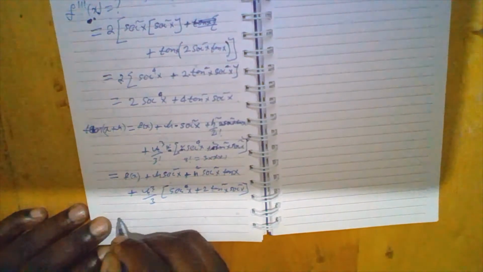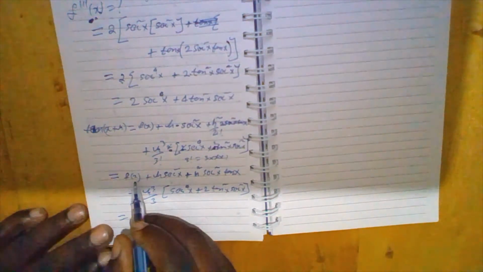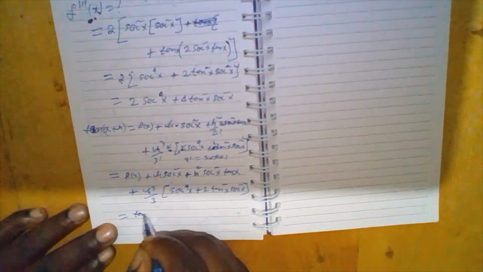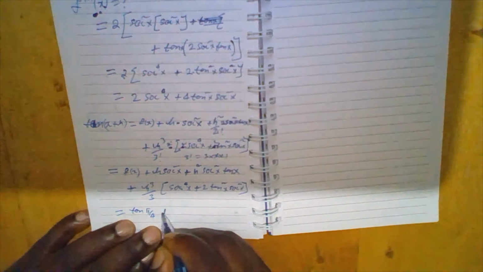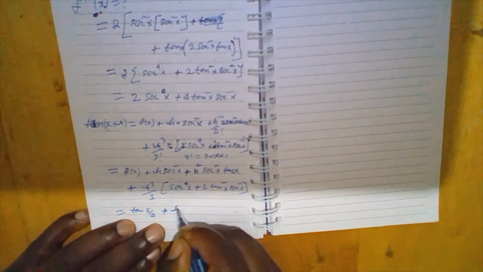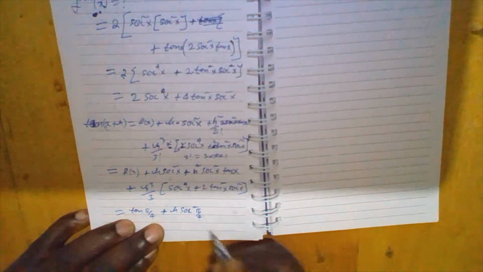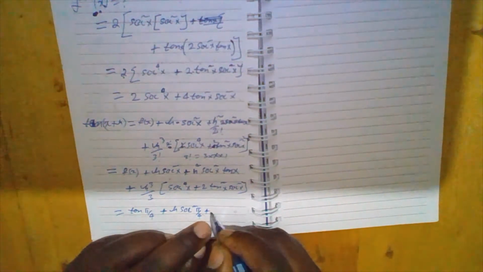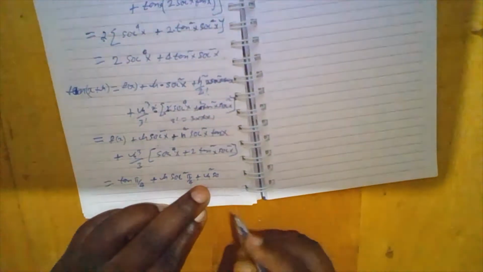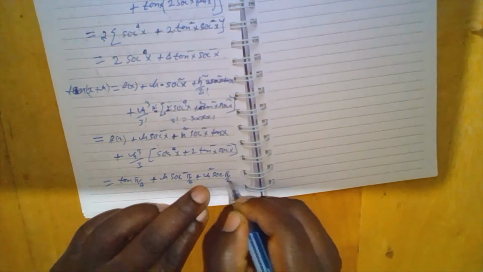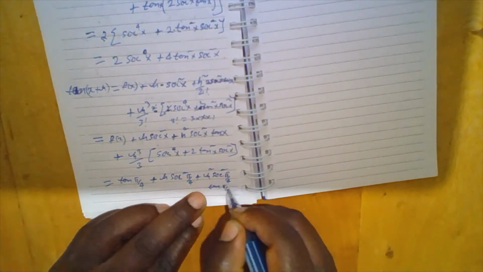Therefore, f of x is now tan pi over 4 plus h sec pi over 4 squared plus h squared sec pi over 4 squared, it's continuation here, tan pi over 4,